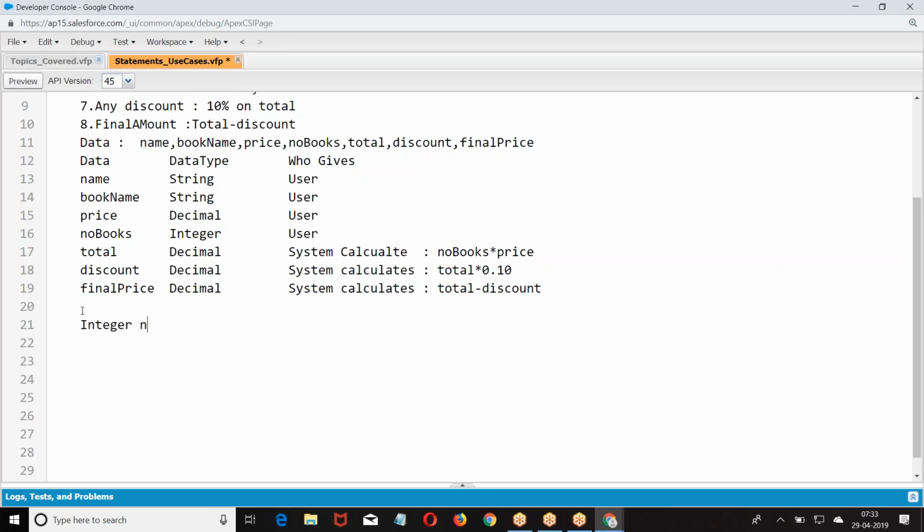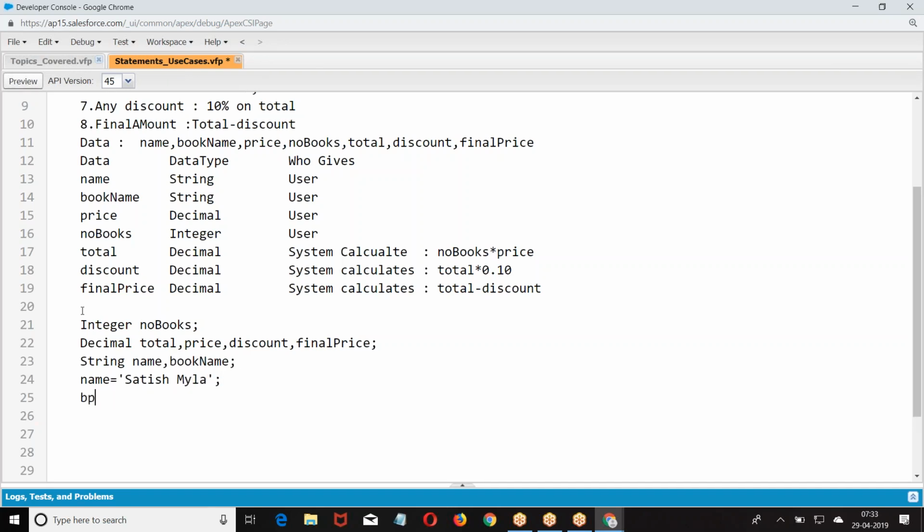What was that? Integer, number of books. Decimal, what are the decimal values we had? Total, price, discount. If I take a string, name, now I told name, user has to give.